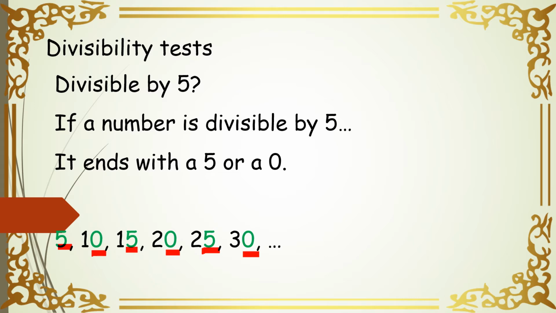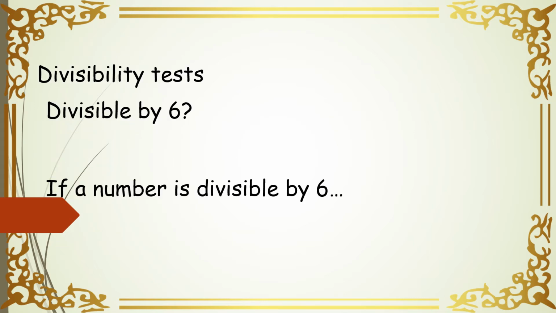क्या याद रखना है हम लोगों को? एक 2 का बहुत simple था, last number उसका even होना चाहिए, 2, 4, 6, 8, 0. Yeah, and this 5 one is also very simple because it ends with 5 or 0. ठीक है, 5's time table में आएगा ये number. ठीक है, so you have to remember this.